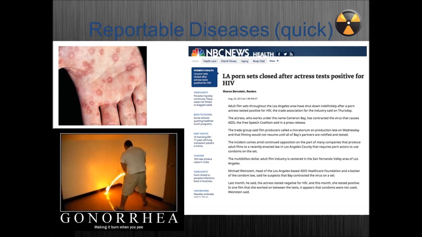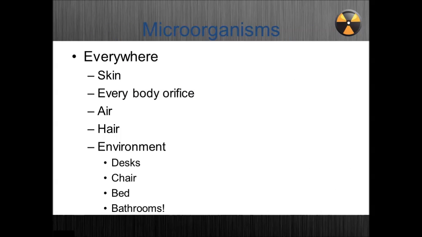And of course, this was from a news site that showed a couple of years ago that some of the porn sets down in the Los Angeles area got closed because HIV was taking off, and they told them to stop making movies until they could figure out the source and shut it down, so that people thought it would destroy the industry. So, for patients and the public.